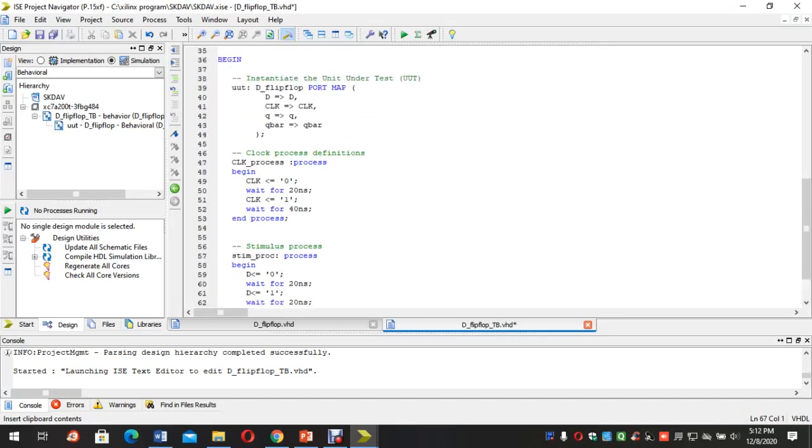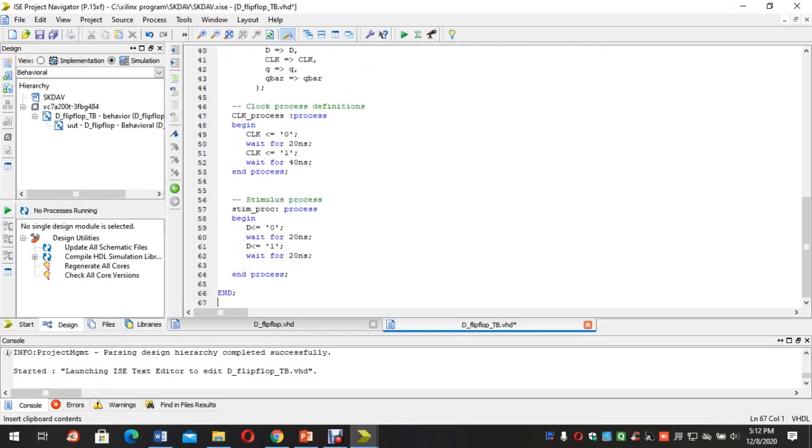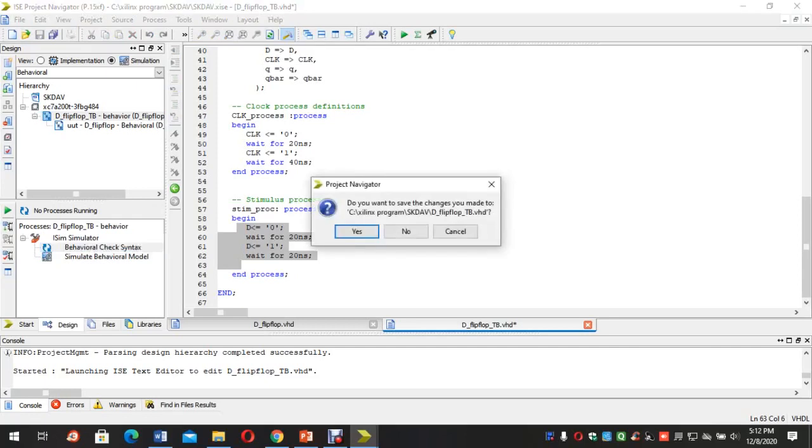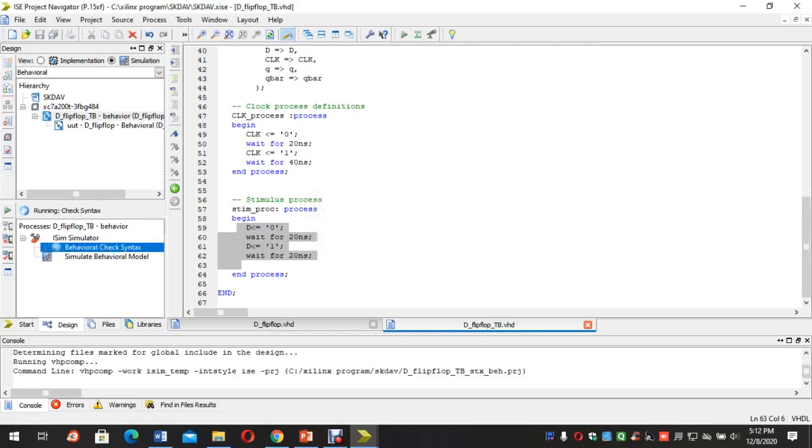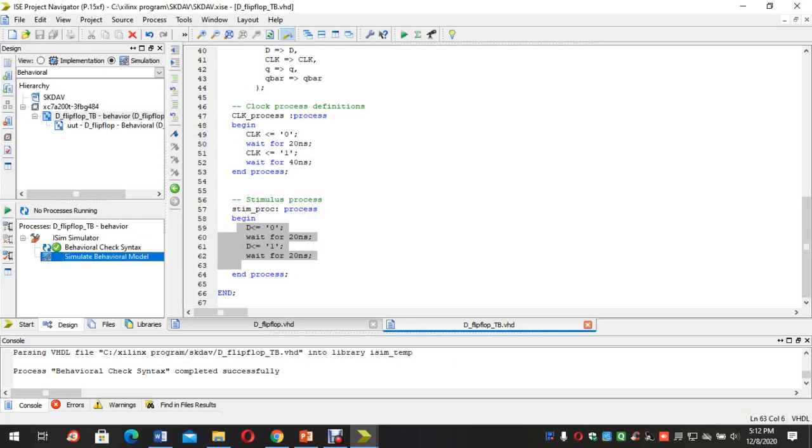Okay, so here the inputs are declared with giving some delay. Next click here and check the syntax. Here you can see the green tick is showing, that means the programming is okay.